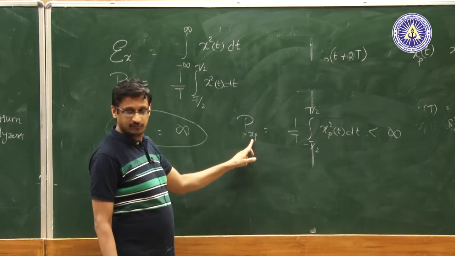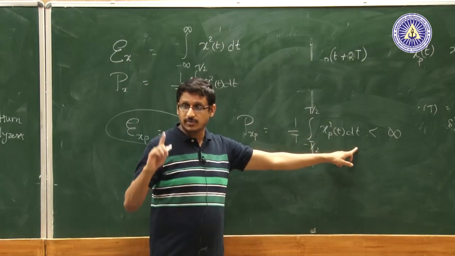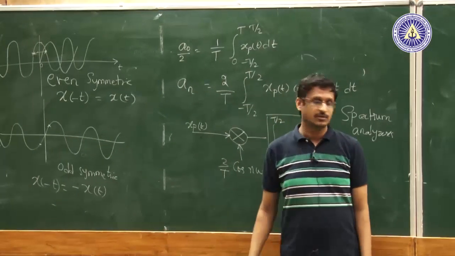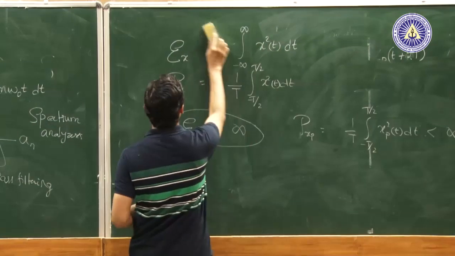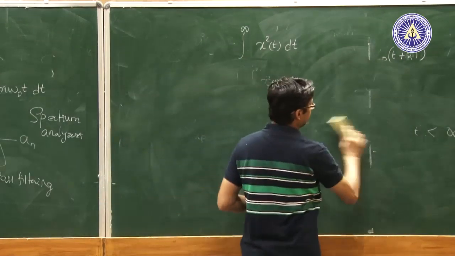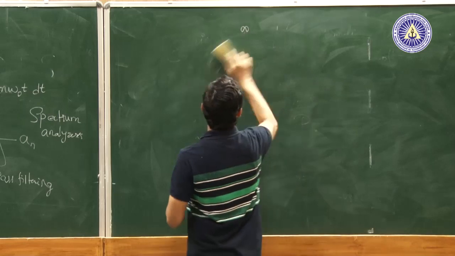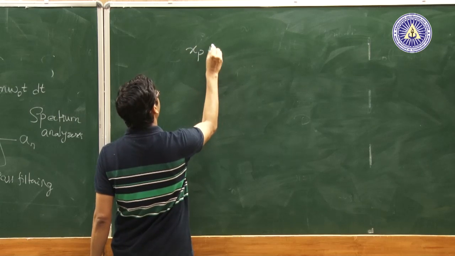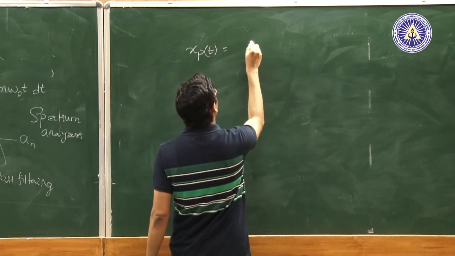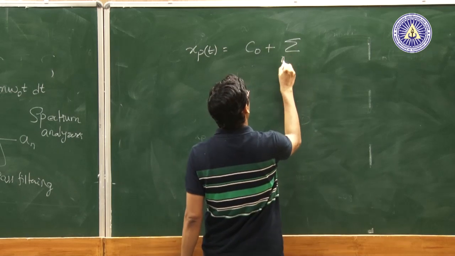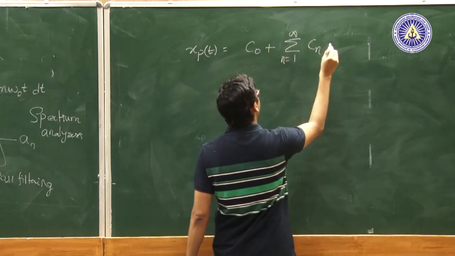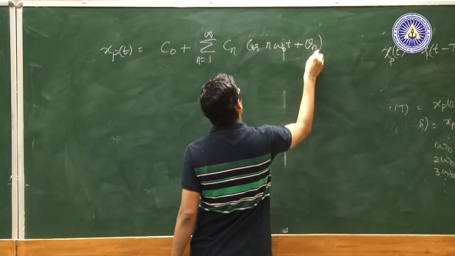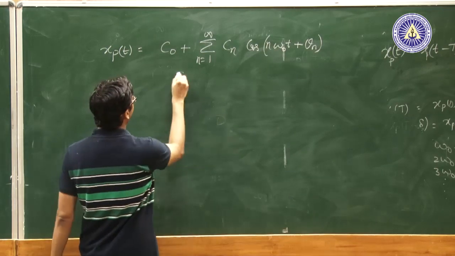Now, the power that you have written here for a periodic signal can actually be obtained by the knowledge of A0 by 2, An and Bn. To do that, let us rewrite this Fourier series in a slightly different manner. By making use of some trigonometric identities, you can write the periodic signal xp of t as C0 plus sum n equals 1 to infinity Cn cos(n omega 0 t plus theta n), where Cn will be given